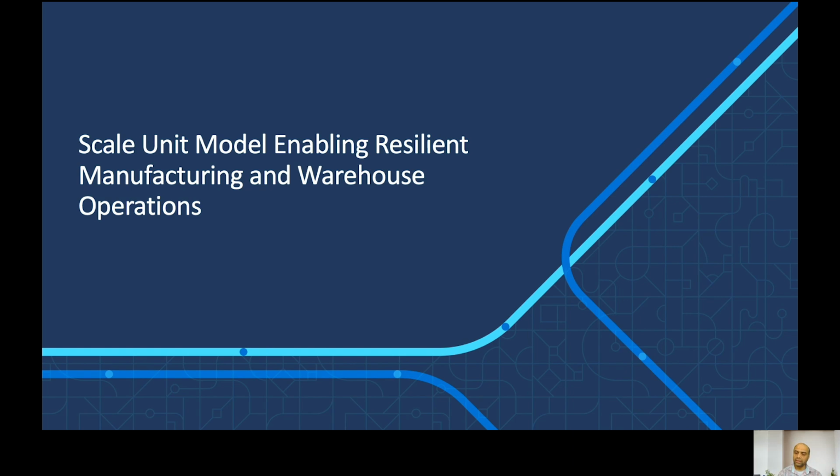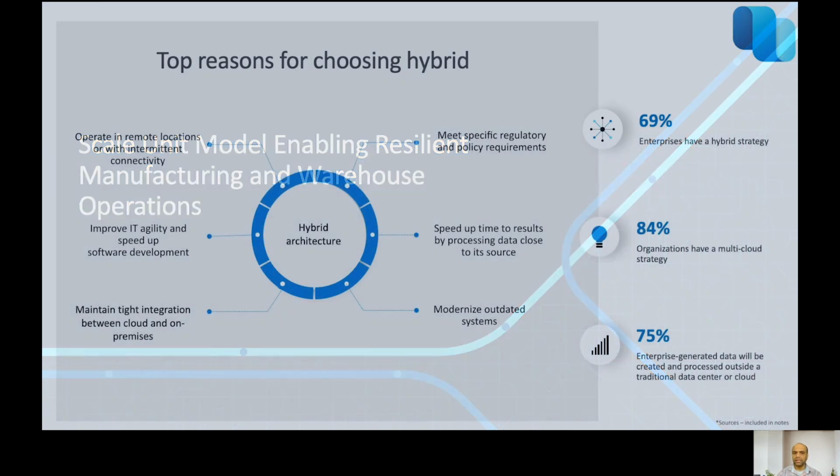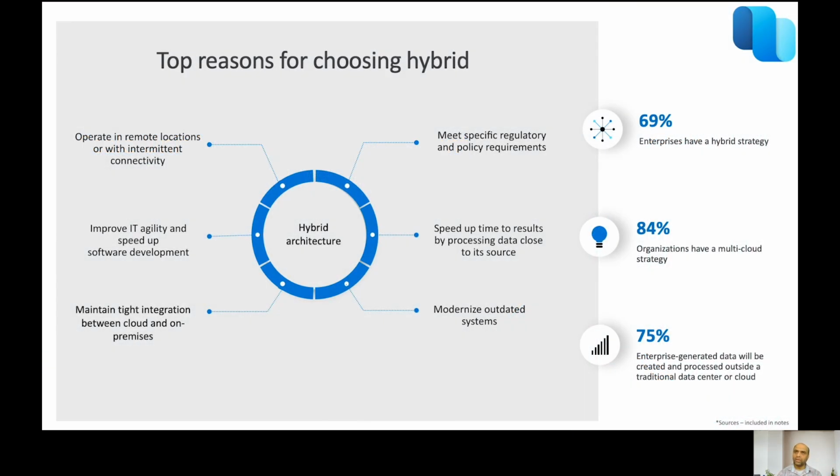Why is this relevant? Because we see organizations moving towards ensuring resiliency for their operations by choosing hybrid deployments. So they don't take a dependency on only one thing, either a cloud or completely on-premises. There are a lot of different factors that control that. It might be because you have a production facility in a remote location where you don't have proper internet connectivity, or you might be